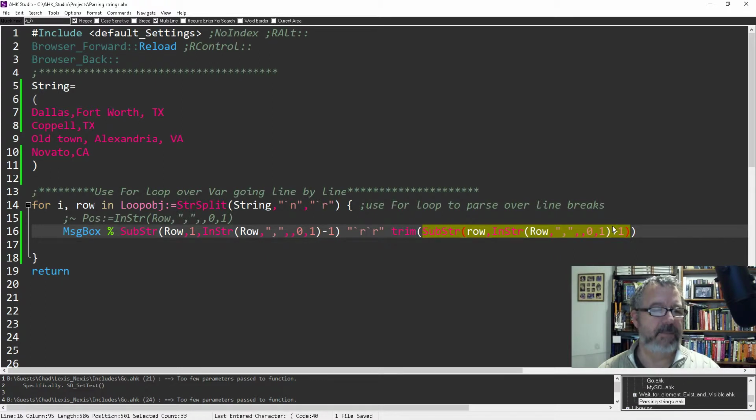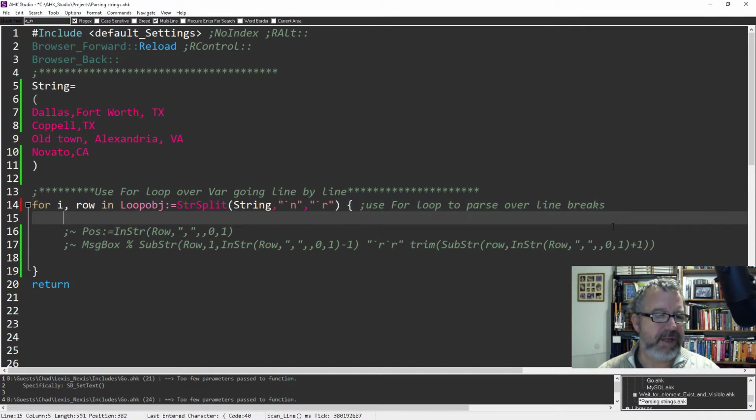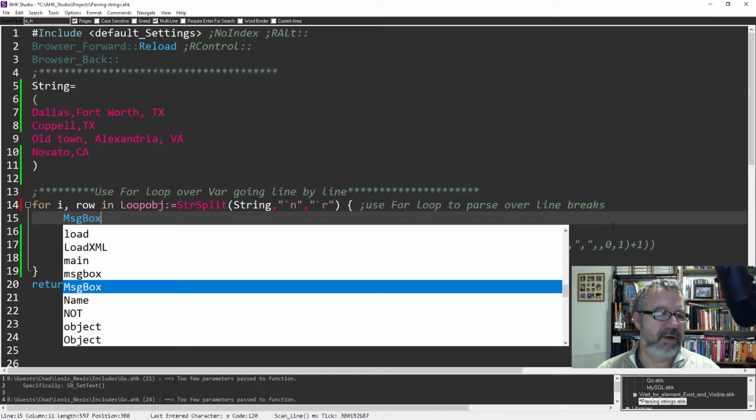Now it would still get the same thing. However, it would trim off the white space. And so if I was storing this in a variable, I wouldn't have the spaces at the beginning. Or I could have dumped it into a regular expression and dealt with it. But that's how I could have done that. The other cool thing I wanted to do in this, because it's related, is make sure we all know that